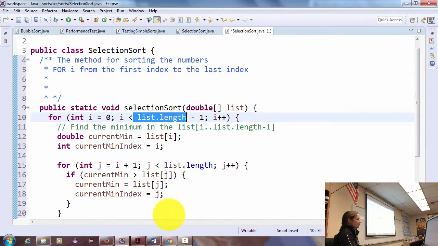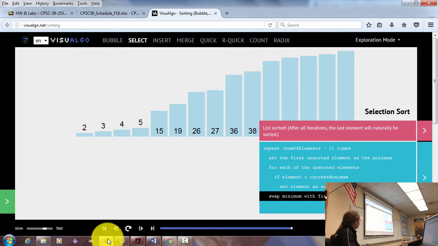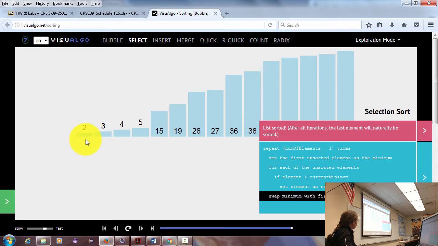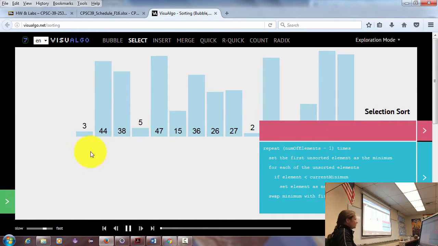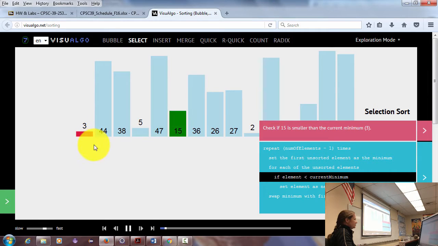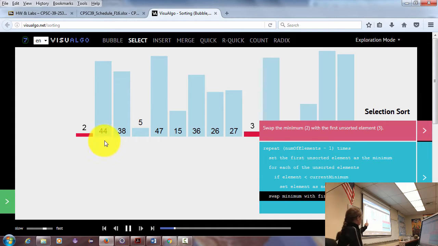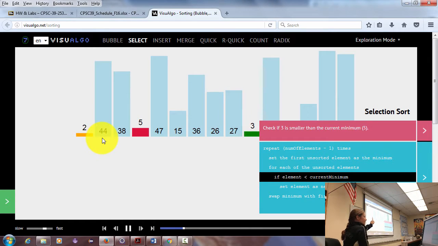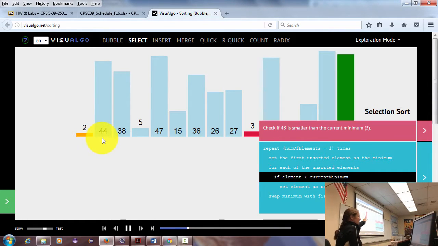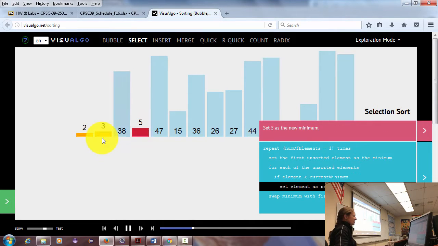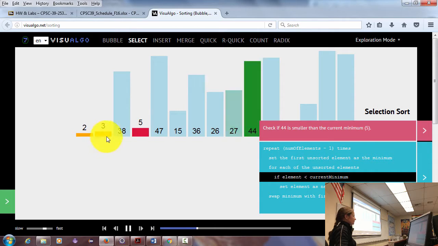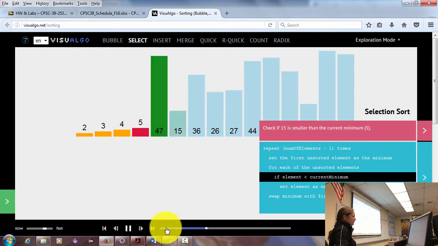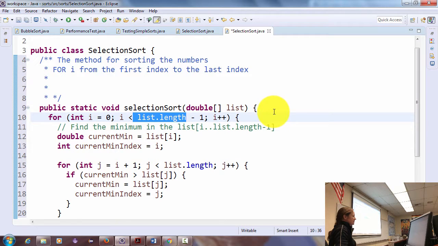If we look at our visualization algorithm here, it was the index that kept track of our sorted items. Okay, so I is keeping track of this. Notice he starts out at 0, and now he's 1. So I will be where we're going to swap that min with. I is the index where we're swapping min. You see how I is going to be that index? So notice that I is going up by 1 on every loop. All right, so for I from the first index to the last index,